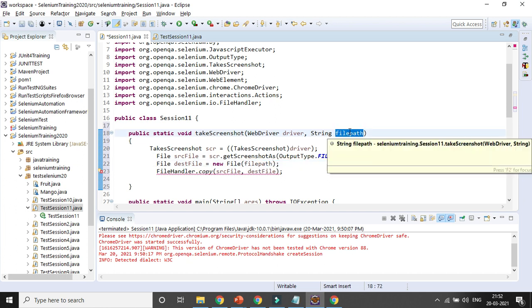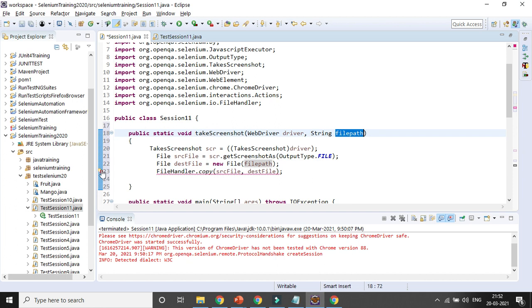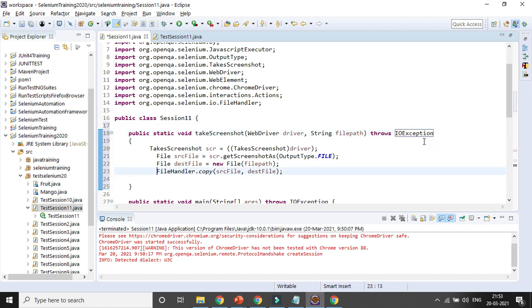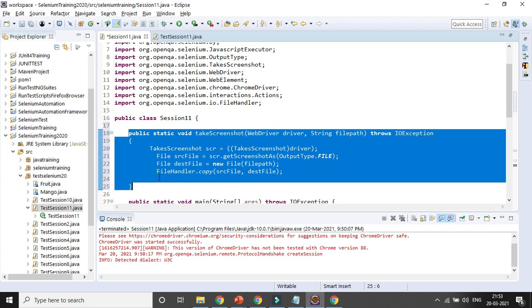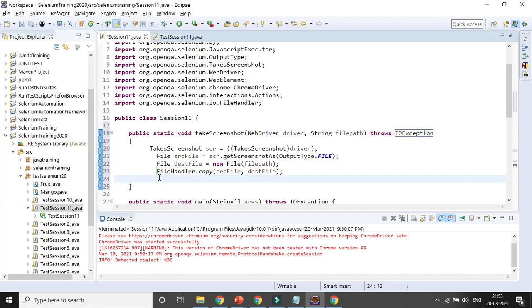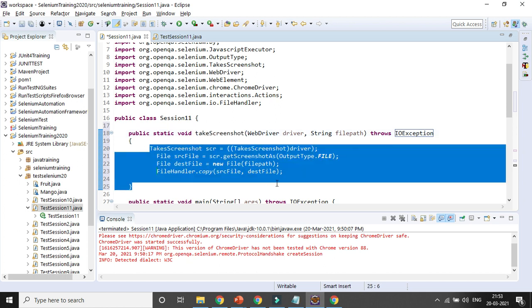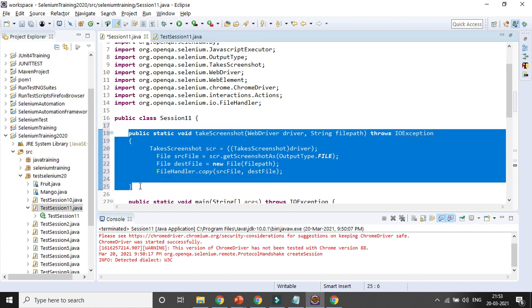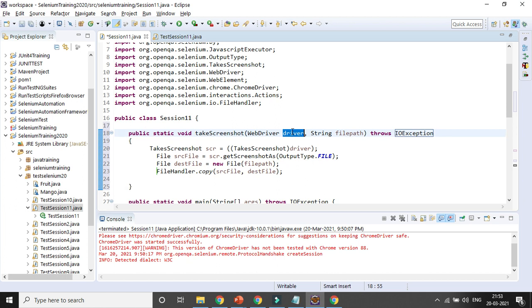Now you can see some error message is still there. I need to surround it with a declaration, so I will be using IOException. So I am creating a method or function. In case I want to take 100 screenshots in particular lines of code, I will be calling that method, instead of writing similar lines of code multiple times. And in case of some changes, I will change it at the method level, right? So I am passing the driver reference and the file path, okay, and here instead of the path I am giving it the file path reference.